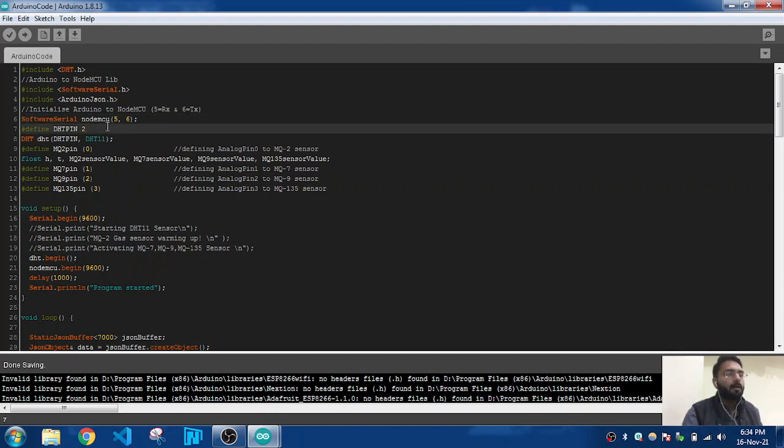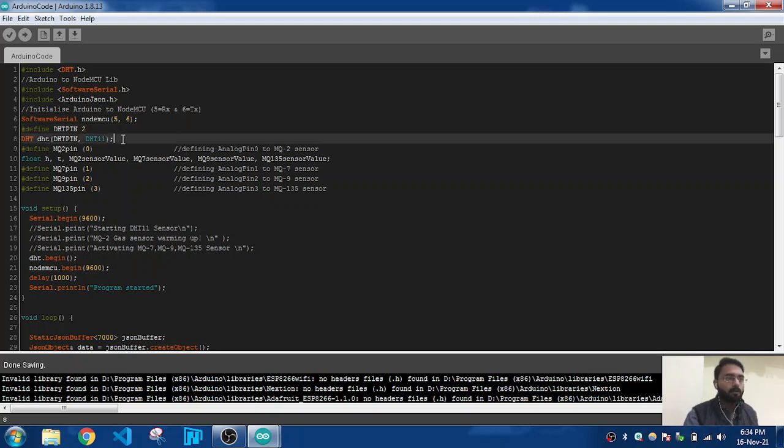Now I am defining DHT pin 2. It means on the Arduino UNO board you have to plug this sensor into digital pin 2 of Arduino UNO. Then I am declaring that it is DHT11. You can use DHT22, which is a different sensor with higher accuracy, but right now I am using DHT11.